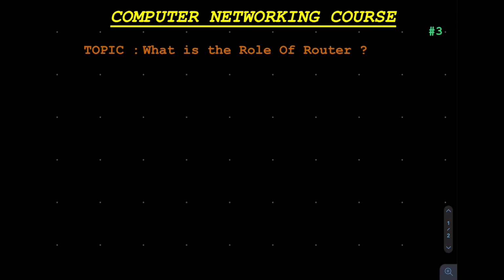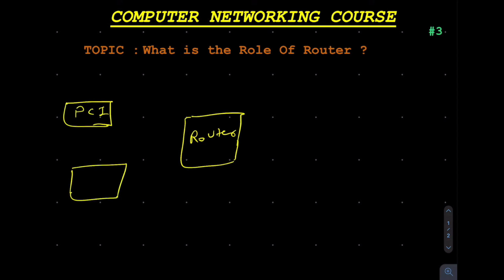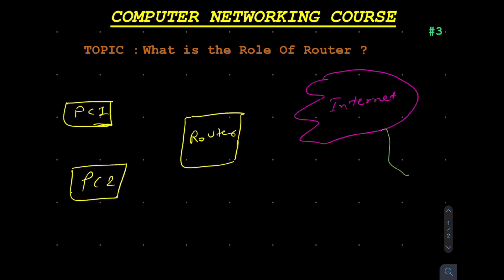So we'll take our typical example setup. For example, we have a router here, and we have devices connected. So for example, this is our PC1 and here is the PC2. Let's take it as a simple example. So PC1 and the router, for example, is connected to the internet. On the internet, we have some server, and this is the database of that server. We can say this is a Google server.